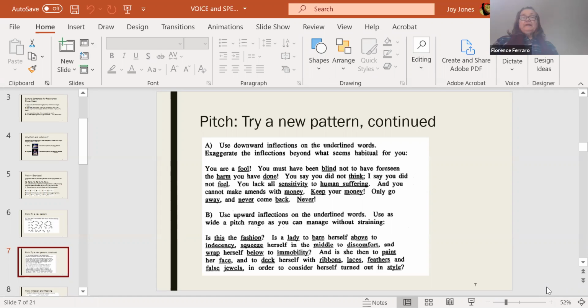Never. Hey, Joy, I have a question. When you say downward inflection, you're no longer talking about within the word, you're talking about from the preceding word. At least that's how I hear it. Great question. Yes, correct. Yes, yes. Thank you, thank you. Excellent point. Since we're moving from the arrows into text, it's more like the conditions that you'll either use speaking extemporaneously or from written remarks. So now it's contextual.